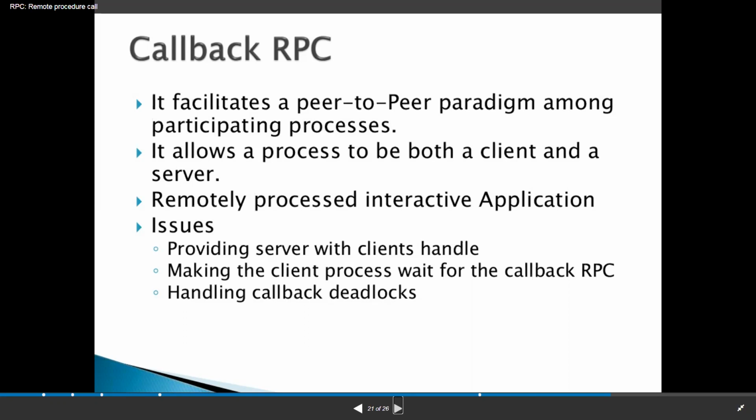See here, the issues with this callback RPC are: first one, providing the server with the client's handle. Sometimes the server's issues will be handled by the clients also. This is the first issue. Second, making the client process wait for the callback RPC.